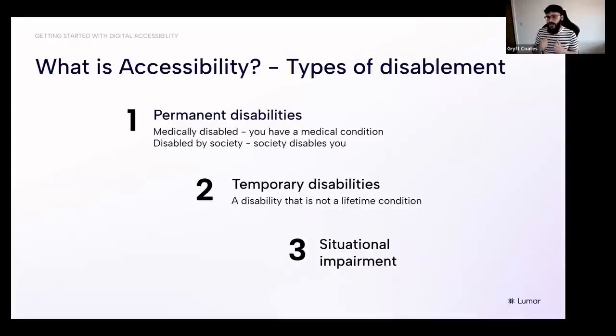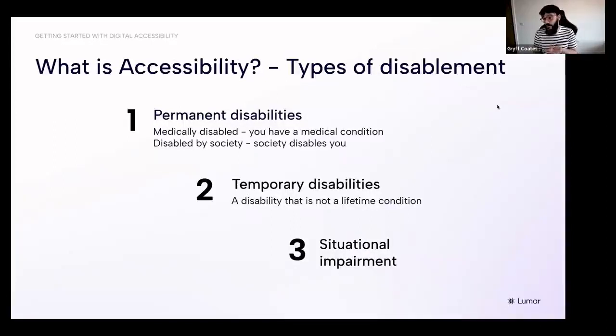Whereas when you think about being disabled by society, it means, say, if you're a visually impaired user and you can't get access to a website, it's the website that's disabling you, not yourself. It's not you who has the issue by being disabled. It's because that website hasn't catered to you as a disabled person, thus disabling you. It's really good to think about that in terms of accessibility, because we as a society need to adapt to allow people with disabilities to use our products, not the other way around, where we expect them to have the software to do that. There is software like screen readers for visual impairments, or a wheelchair for someone with a physical impairment, but it's good to think of it that way.